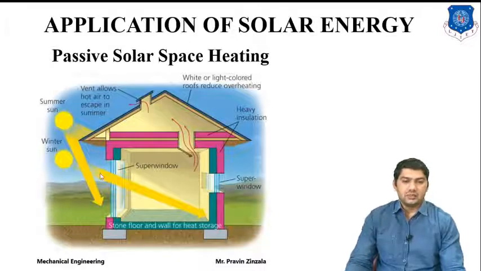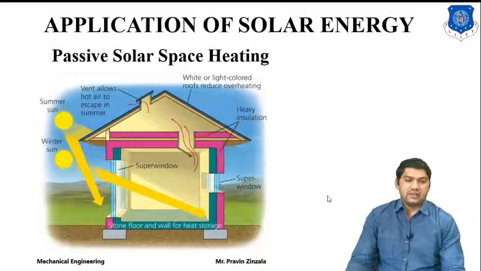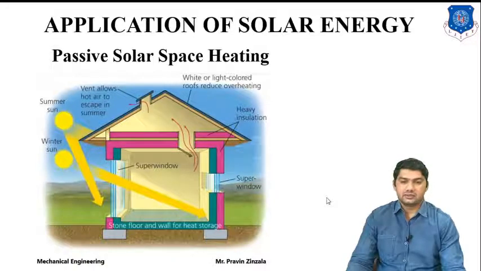During the summer, whenever the solar radiation strikes, our space will be heated. So we will open this window and the super window. Due to the density difference, air will enter from the cold side into our room, and from our room out through this window to the vent in summer. So we can utilize it for summer as well as our winter system. But our main purpose is space heating.